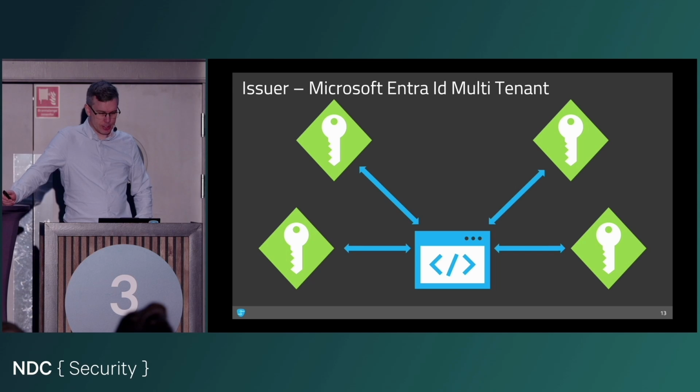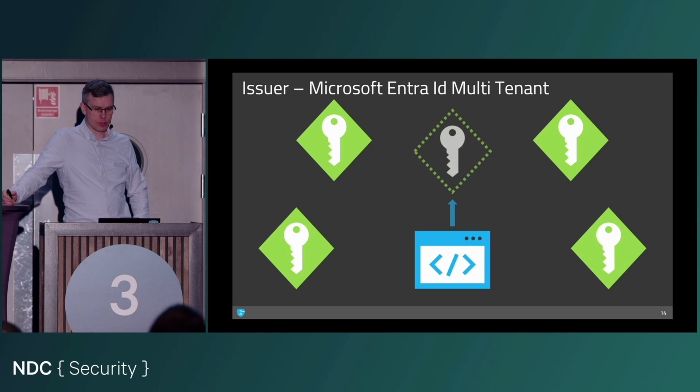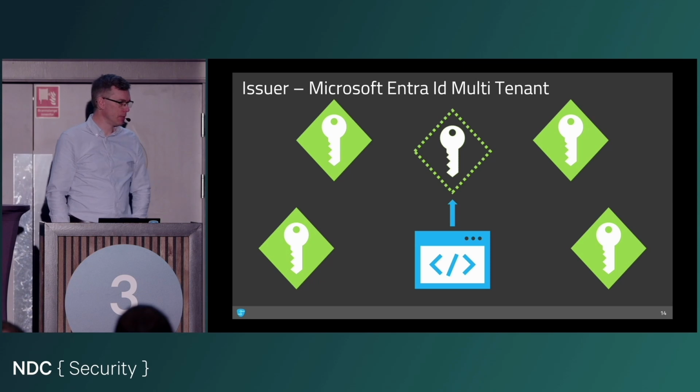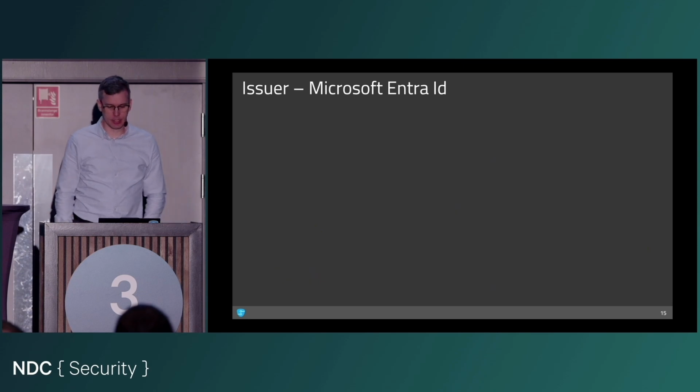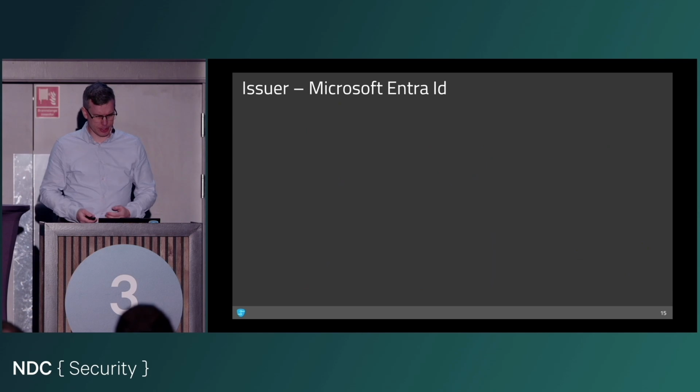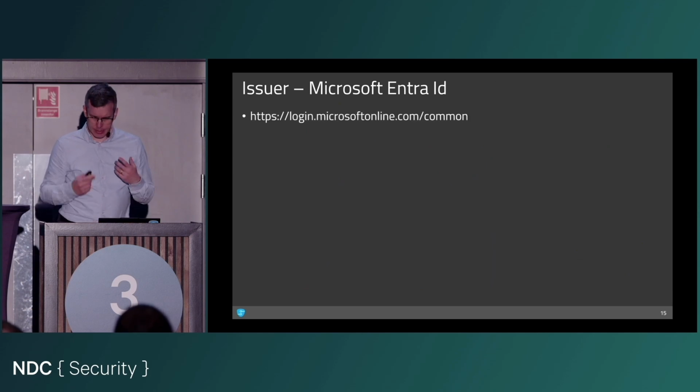So instead of having your application communicating with all of these logical upstream identity providers, why not add a new one? And that is exactly what Microsoft did. They added a new kind of virtual instance that can authenticate to all of the others. How did they do that? They have a separate authority,